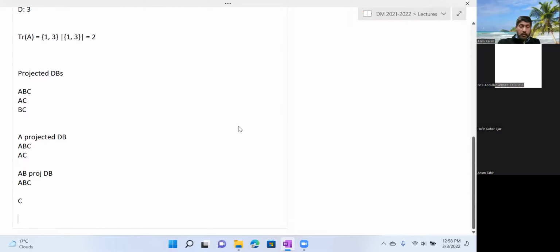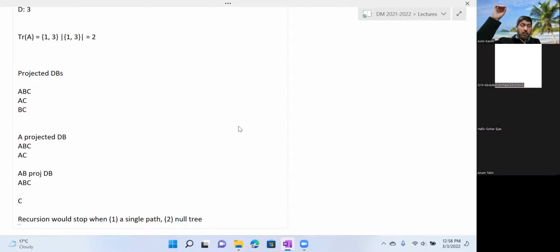So that's one thing. The other thing that is important is when you are working with trees, the FP tree, frequent pattern tree, so the recursion would stop when you have number one a single path, or of course two a null tree, ठीक है। So of course when you have a null tree, इसका मतलब है आपका जो projected database है वो empty है, आप पीछे से ही आप जो transactions जो frequent निकली तो वो पीछे ही वाली ही है।